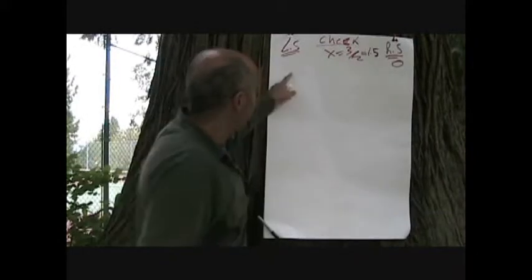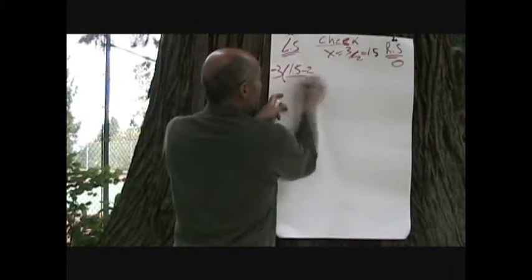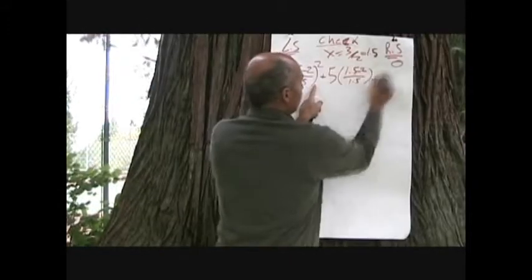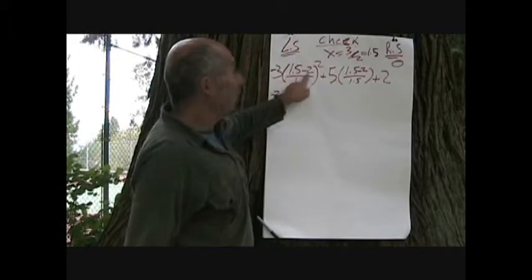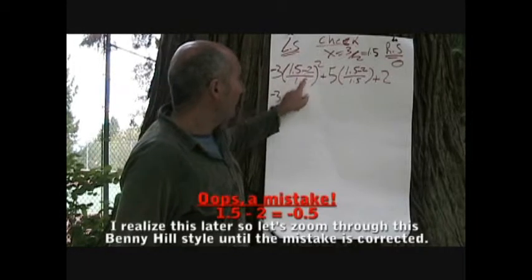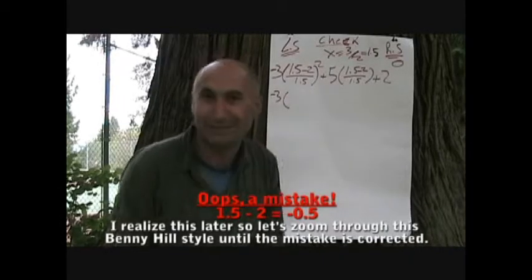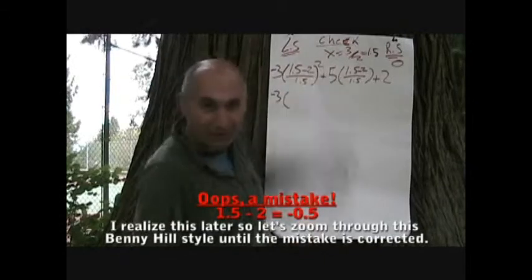So what we got right now is going to be negative. So this is going to be negative 3. 1.5 minus 2 is going to be 0.5. 0.5 divided by 1.5. Should have stuck with fractions. Let's stick with fractions with this, okay? So